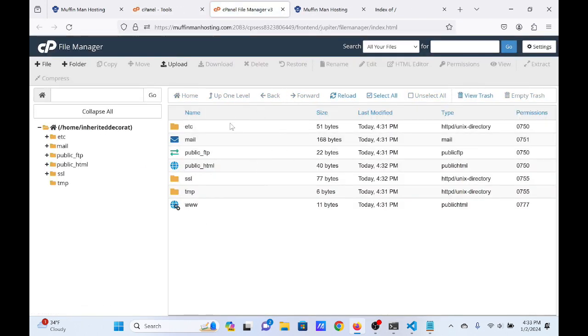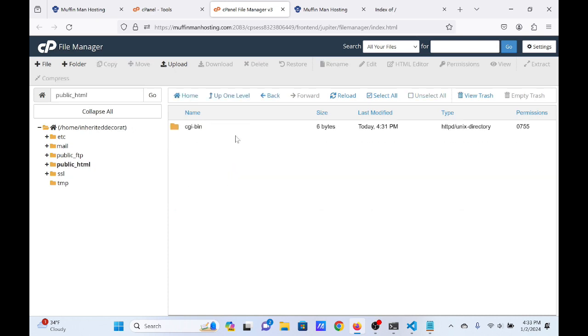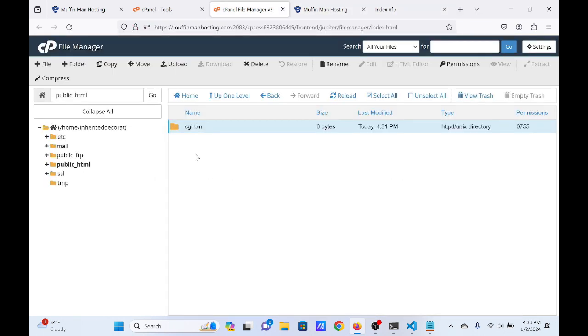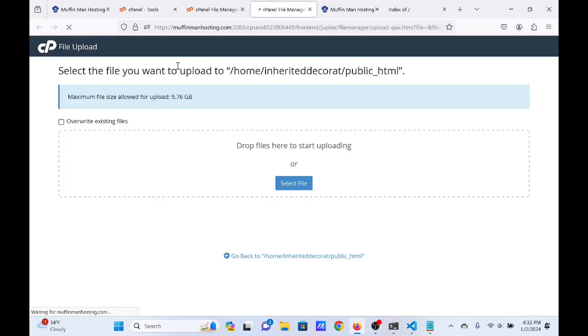So this is where all of your website's files are going to live, and anything publicly facing you want to put in public HTML. So you'll notice here's CGI bin, and there's CGI bin right there. Oops. So let's go back to our file manager, and what we want to do is click on the upload button. And what we're going to do is upload our zip file that we made for our ReactJS code. So I have my upload example right here, and I'm going to open it